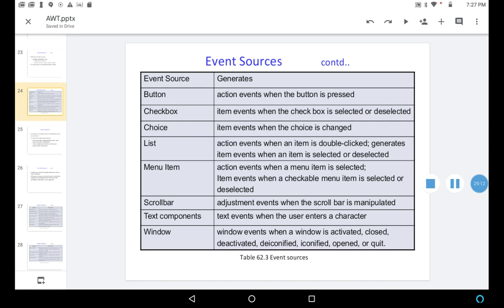A button generates action events when the button is pressed. A checkbox generates item events when the checkbox is selected or deselected. Like that we have choice, list, menu item, scroll bar, text components, and window sources.